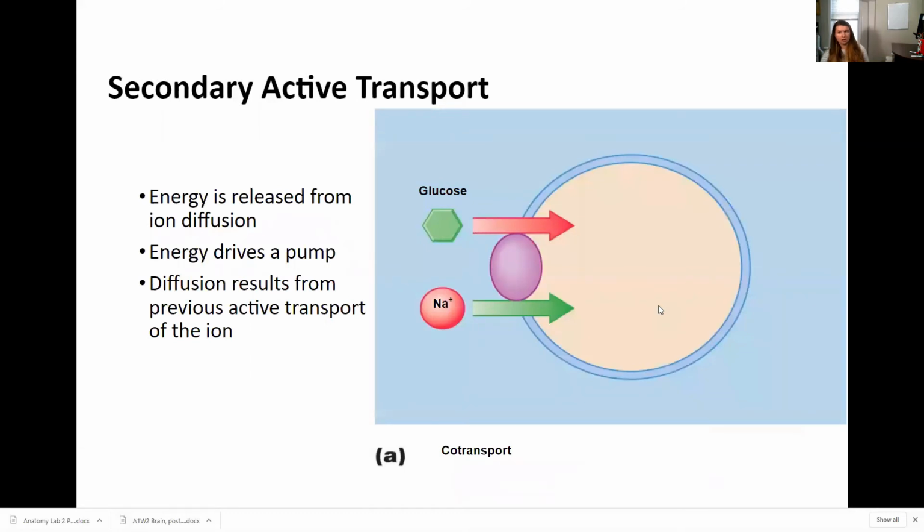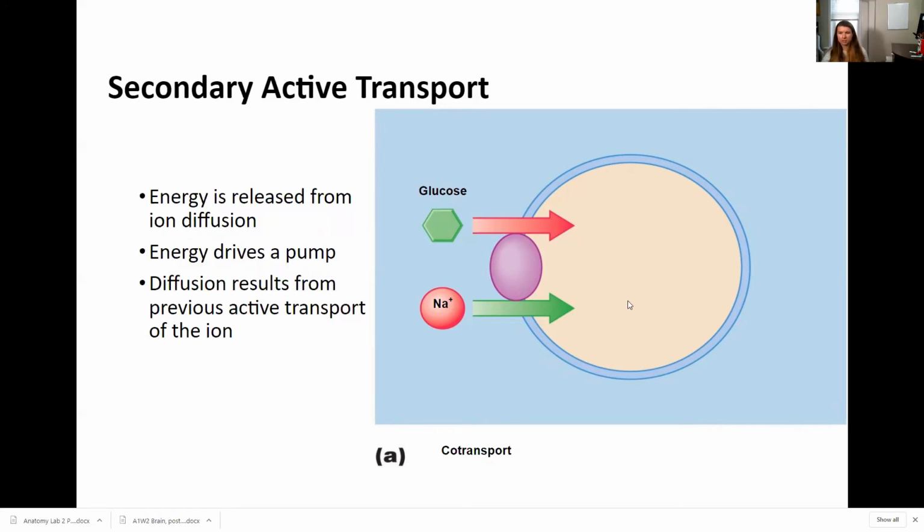Okay. So sodium-potassium pump is a really good example of primary active transport. If we want to think about how to remember that, and we remember how the sodium-potassium pump works, then we know what primary active transport looks like. Secondary active transport